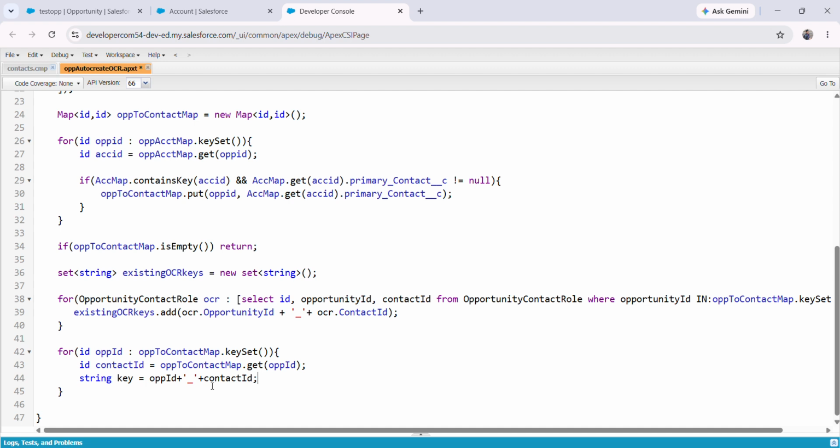See here, the same thing will be happening. So now we will match whenever we loop on the opportunity, we will create one key. Okay, and